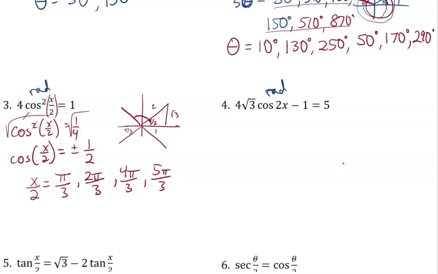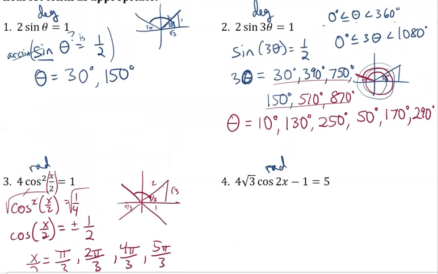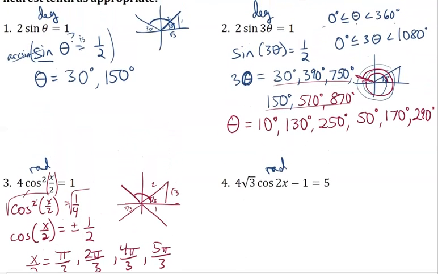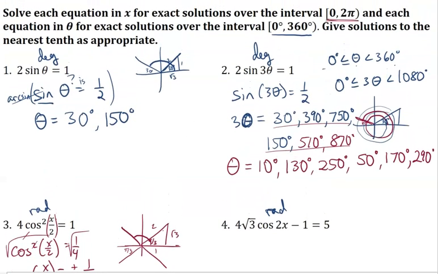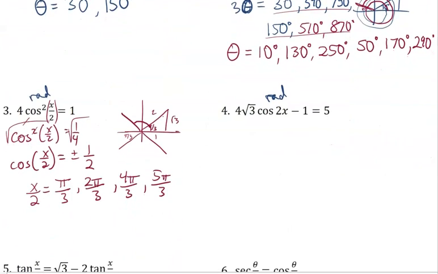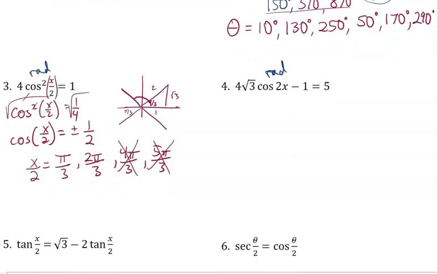Okay? And then x over 2, okay, let's go back and check for a second. X has to be between 0 and 2 pi. Well, if x has to be between 0 and 2 pi, then x over 2 has to be between 0 and 1 pi, meaning these two that are bigger than pi are out. Okay, so now we're just looking at these. I'm going to multiply both sides by 2, and I get x equals 2 pi over 3 or 4 pi